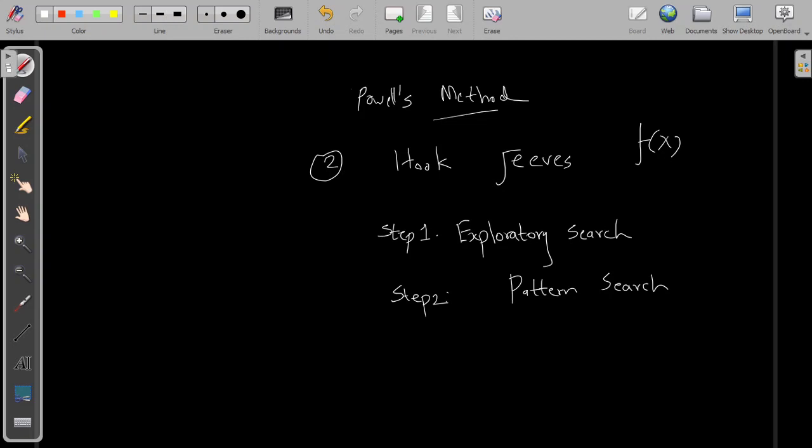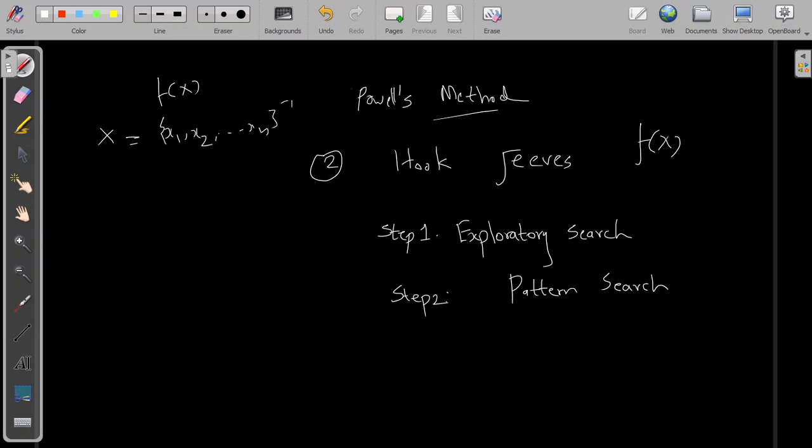So the exploratory search or exploratory move means we have f of x, right, where x is a vector, having x1, x2, etc., xn coordinates,